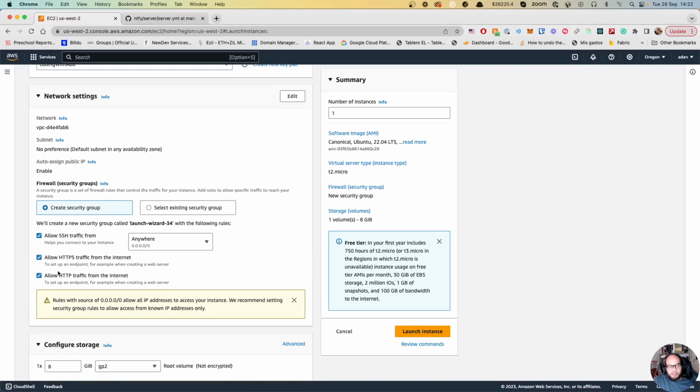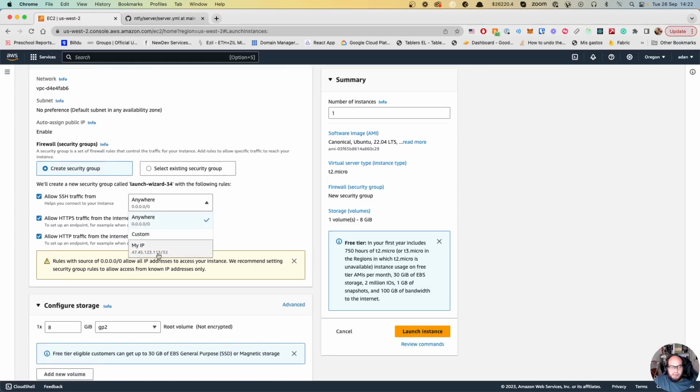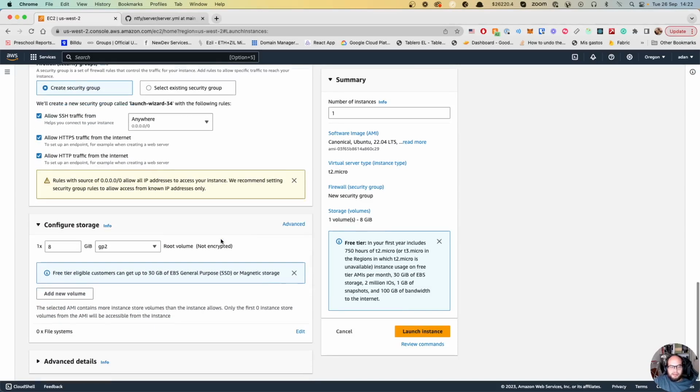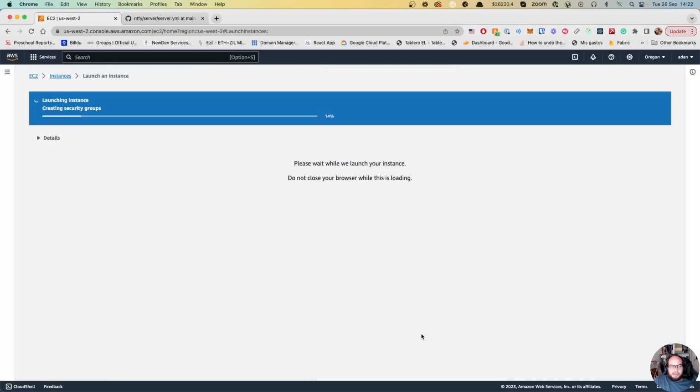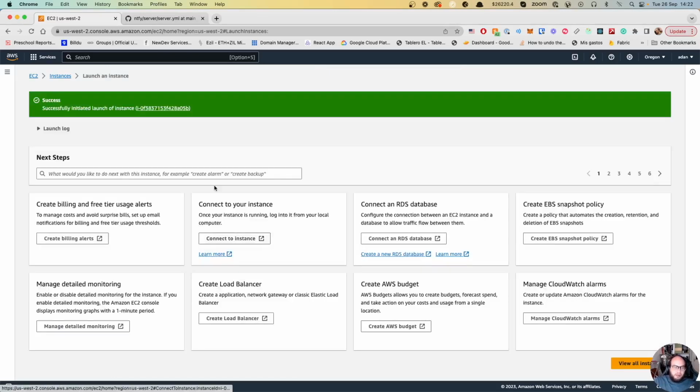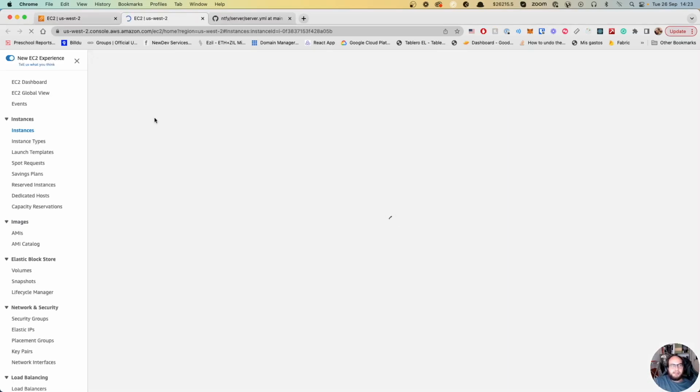Let's allow HTTPS. Ideally, you'll use SSH from my IP. I'm gonna even use the SSH from Amazon, so you can do this from my IP or whatever. Ideally, my IP, security always. Okay. Launch the instance. I'm gonna reload this instance later, don't worry, but for you to see how it works. So now we click on there